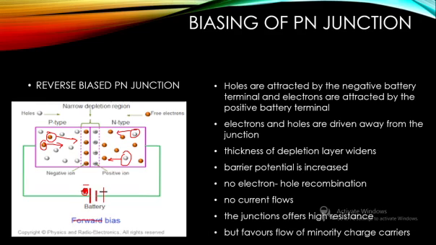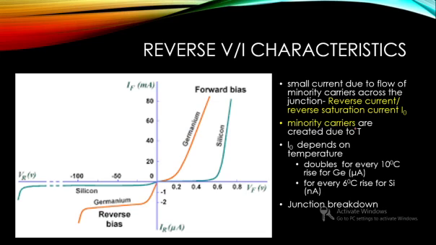So there is a very small current flow across the junction, and that current flow is called reverse current or reverse saturation current I0, which is the small current due to the flow of minority carriers across the junction. Okay, so the minority carriers are created due to the temperature. So whatever be the temperature, thermal energy will be given to the material to break the electrons in the valence band, and hence they become free carriers as minority carriers. Okay, so the reverse current will depend